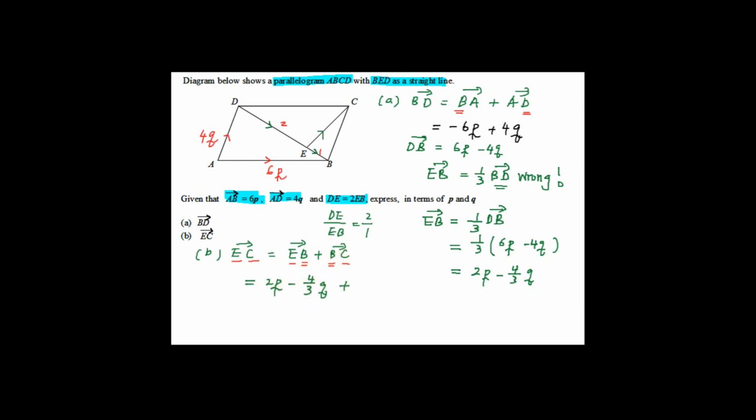Where's my BC? Very simple. Because this is a parallelogram, BC equals AD. They have the same magnitude and direction. And AB should be equal to DC also. But now we are more interested in BC. What is your BC? Your BC should be 4q. So simplify further. Your final answer for EC should be 2p